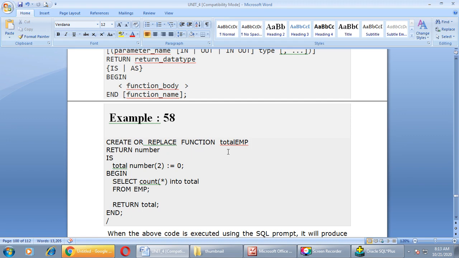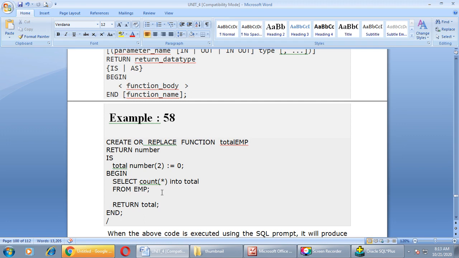Create or replace function. Name of function is total employee. Return number. Total number := 0. Begin. Select count star into total from employee.